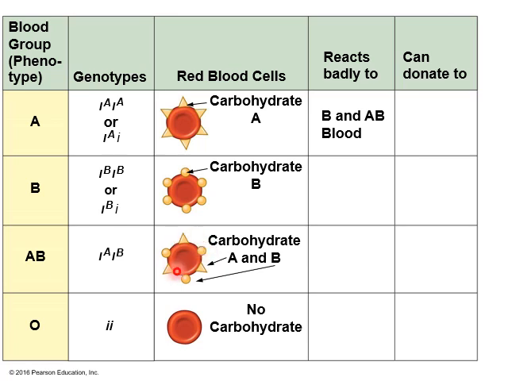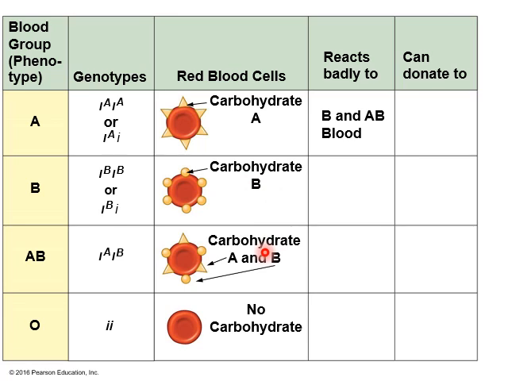So AB blood cannot be transfused into a person that has A blood. Okay, now let's think about the B carbohydrate people, right? So if you have type B blood, you're going to react badly to A, as is pretty intuitive, and also